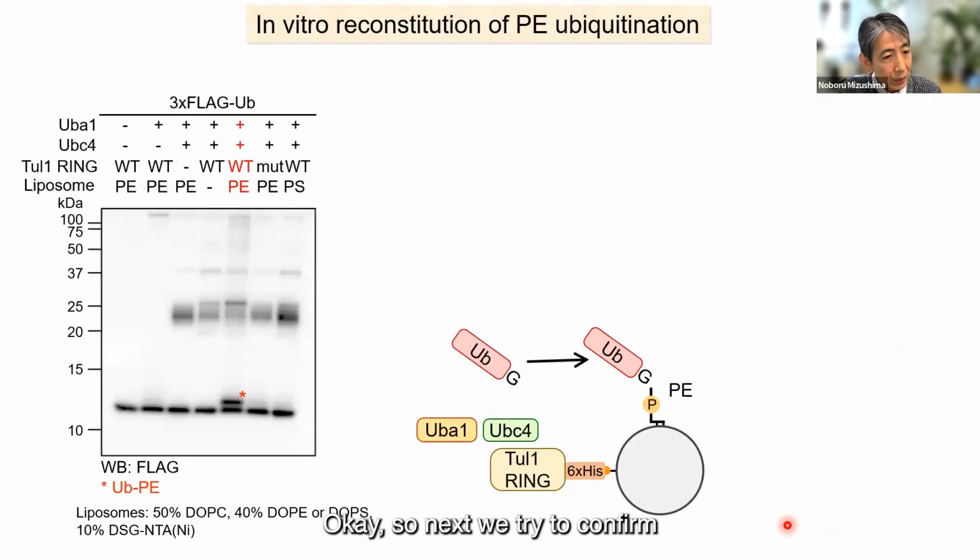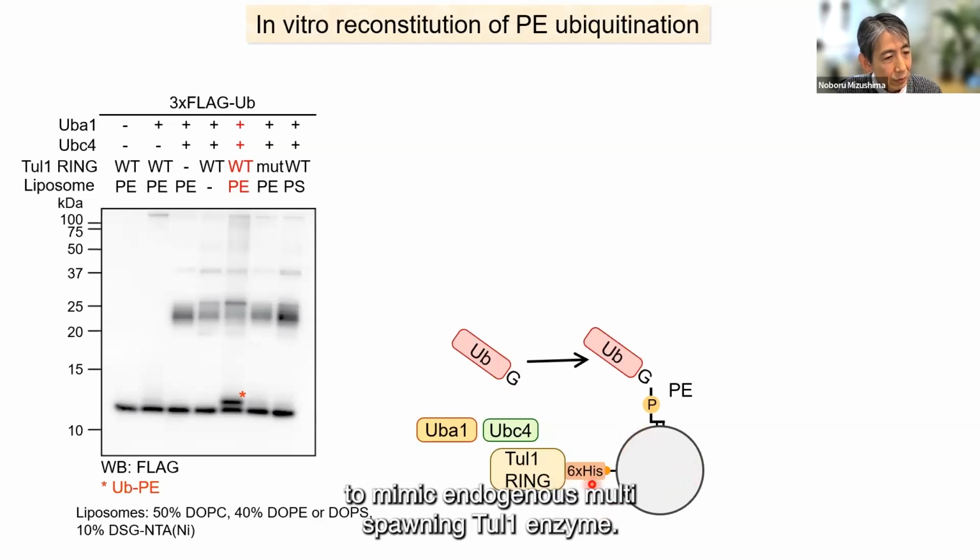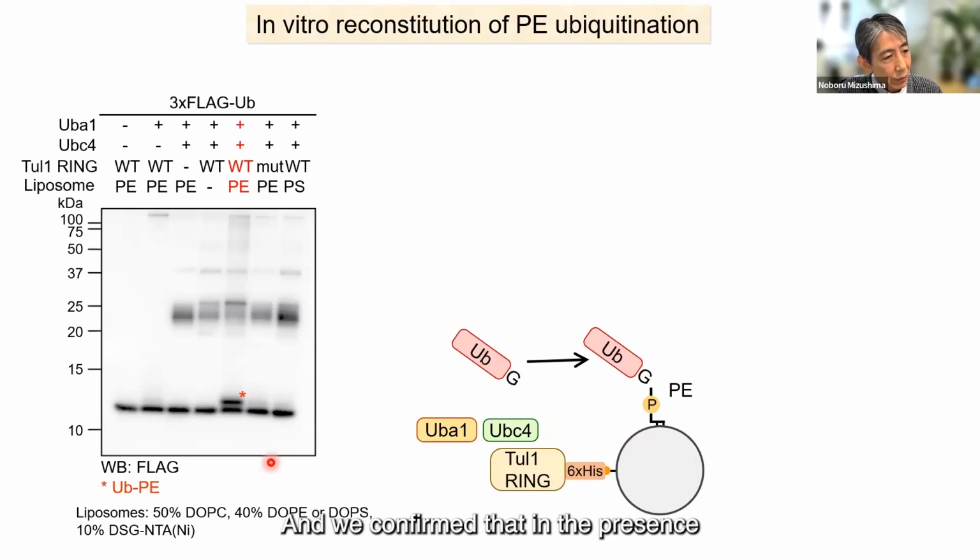Okay, so next we tried to confirm that these enzymes are sufficient using an in vitro reconstitution system. So we used the TAL1 RING domain with a His-tag to attach to liposomes to mimic the endogenous multi-spanning TAL1 enzyme. And we confirmed that